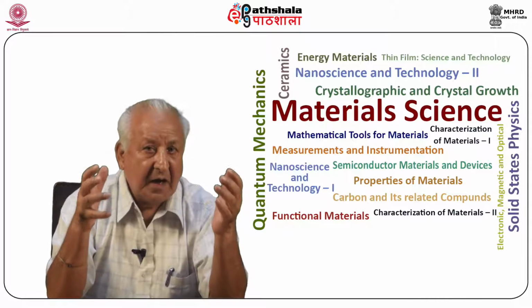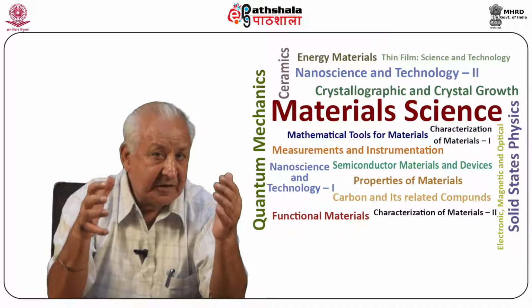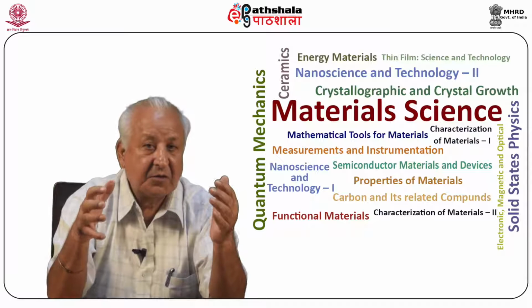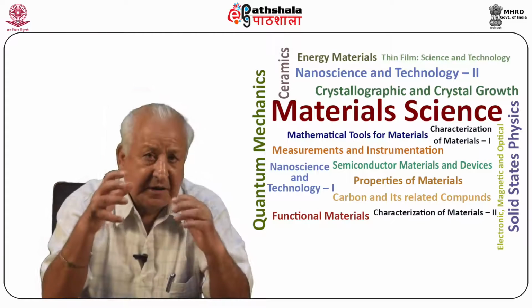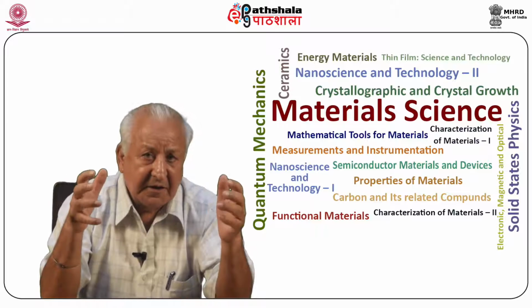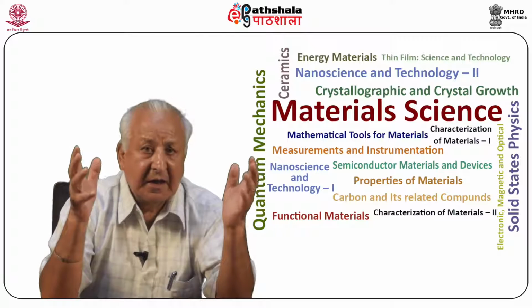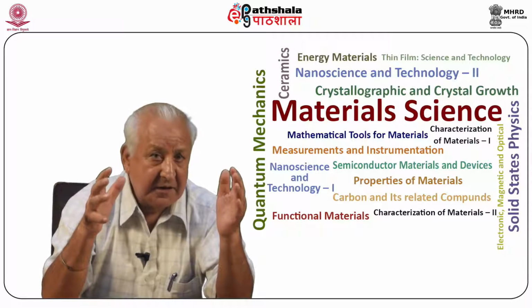Its name comes from the German word Farbe, which means color, and F centers are also called Farbzentren. These centers are generally generated by heating a crystal in an excess of alkali vapor or by irradiating the crystal